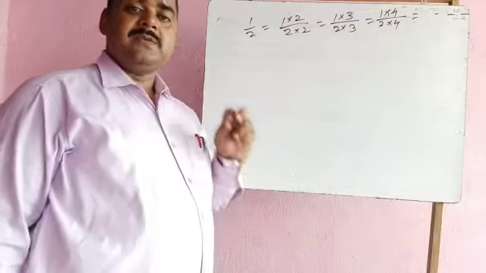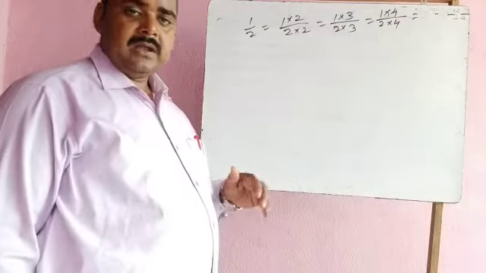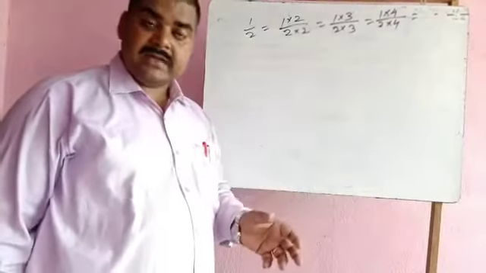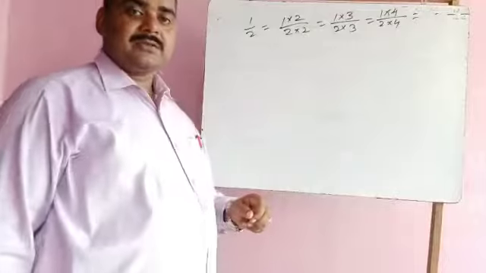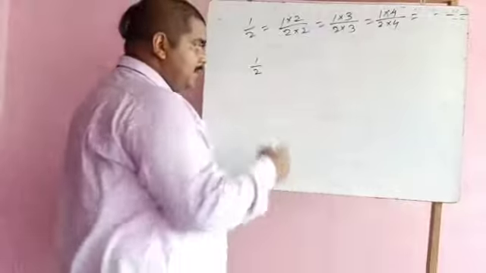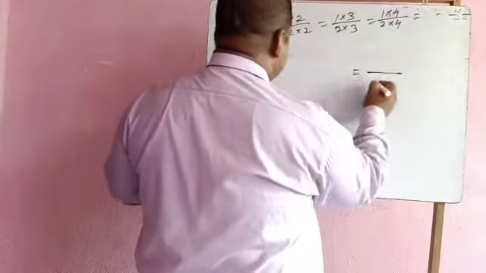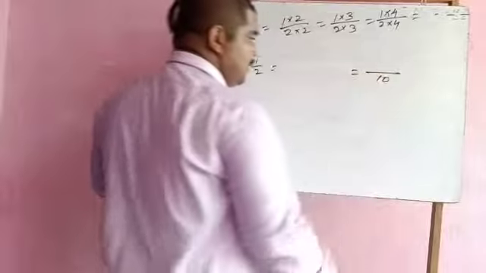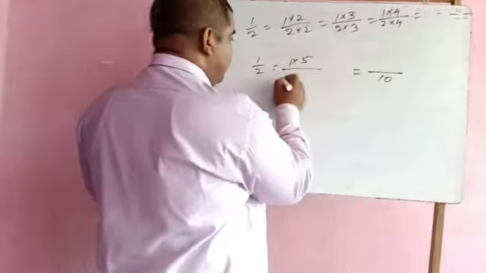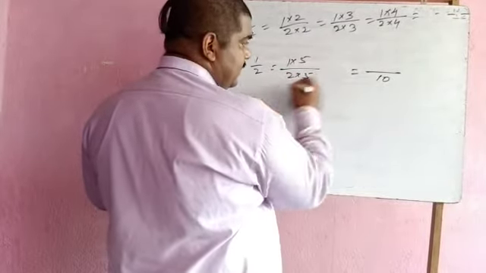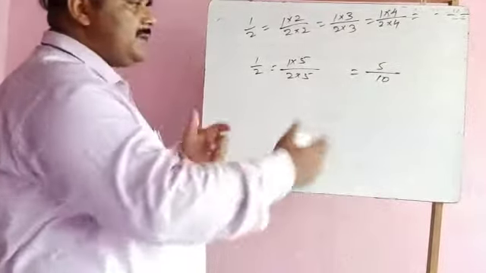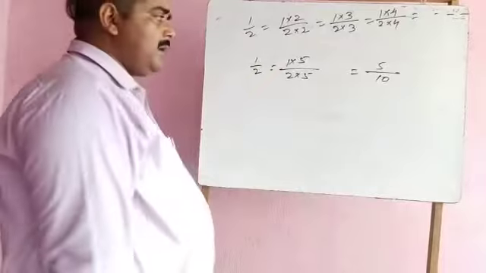So the result is that infinitely many equivalent fractions are possible, and it is your choice, or sometimes the question says you have to convert to a desired numerator or denominator. For example, if the question says you have to convert its denominator into 10, then you need to multiply its numerator and denominator by 5, and the result will be 5 upon 10. So you can multiply and the final result can be obtained.